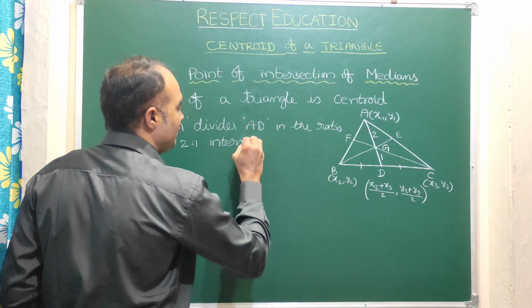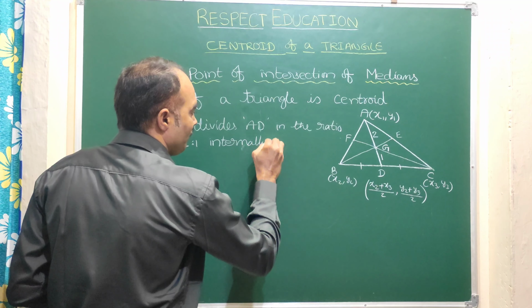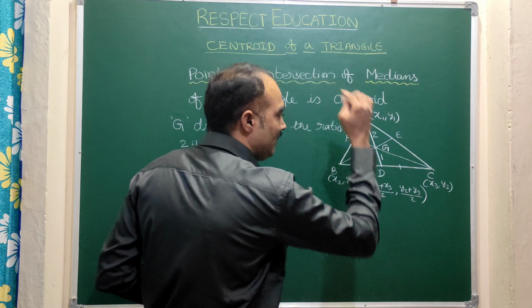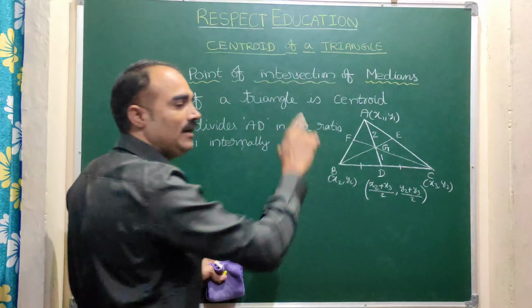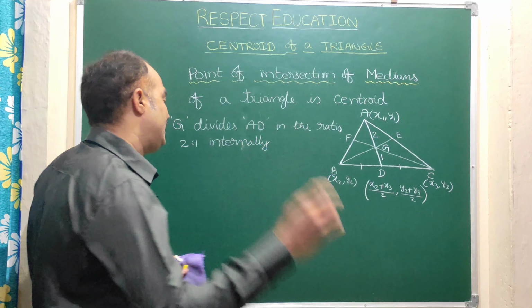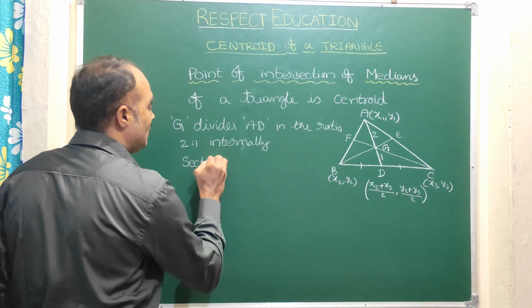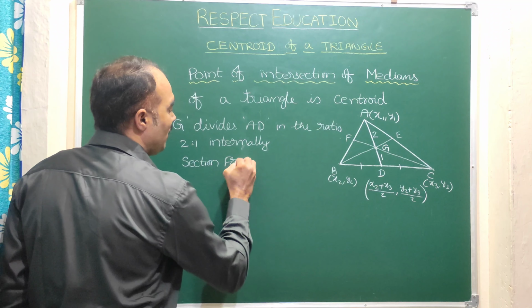2:1 internally. As you know here, when a ratio is given, then we are going to apply the section formula. Let us see what the section formula is. Let us recollect it now. Section formula indicates that